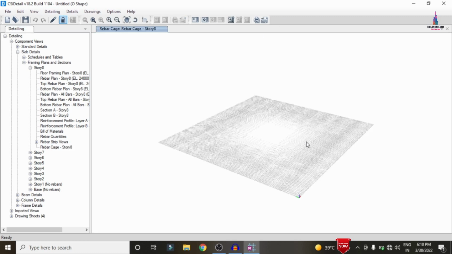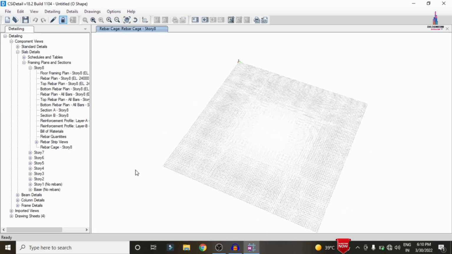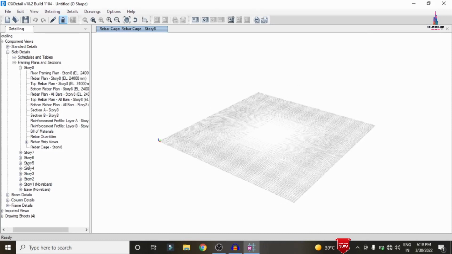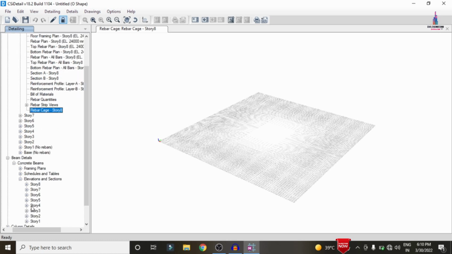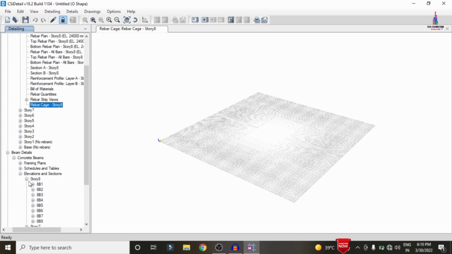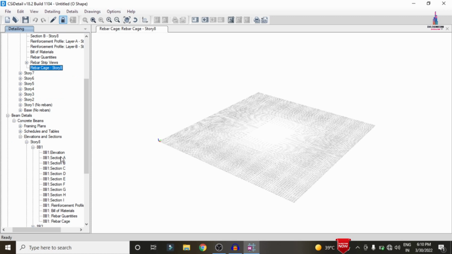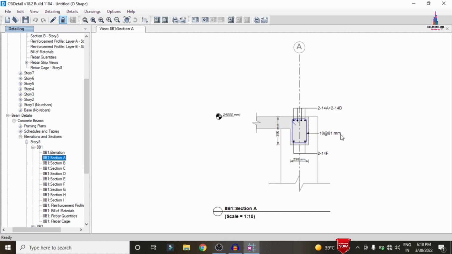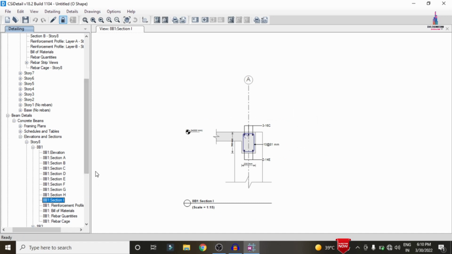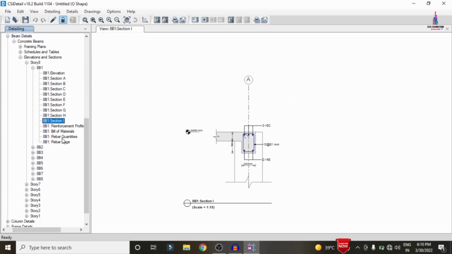So now we can see this is the rebar plan for this particular slab section under consideration. So you can load the results which come under the different types of floors. So again I am selecting beam reinforcement. Just I am selecting directly the elevation section 8B1. Let us consider, just I am selecting A. This is the beam reinforcement section at section A, section C, section B, section C, D, E, F, G, H, I. Okay. So in the same process we can load the rebar cage view for this beam.